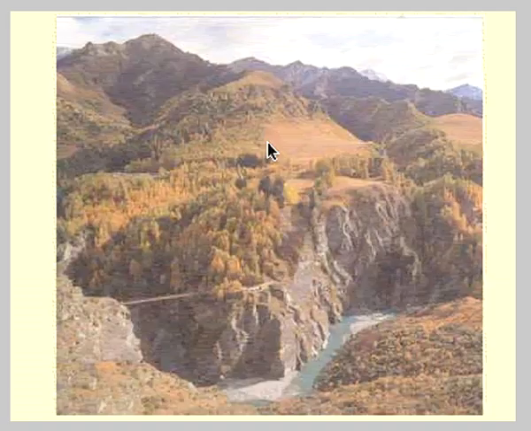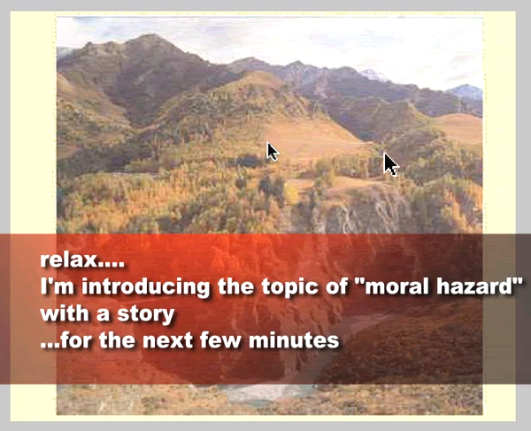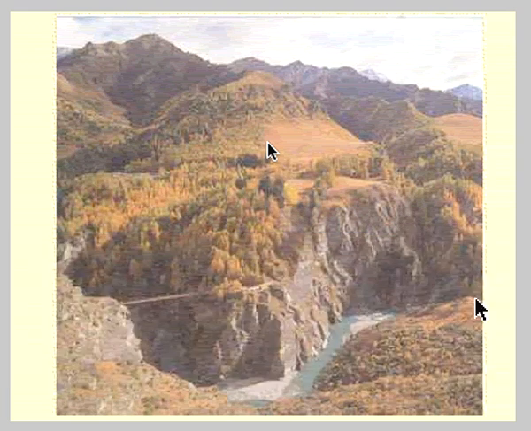Now, I want to introduce another concept called moral hazard. Before I do this, I'm going to show you this neat little photograph. This photograph is of Skipper's Canyon. I don't know if you've ever been to Skipper's Canyon. It's down by Coronet Peak. And as you go up to Coronet Peak, you can turn left and go up to Shotover River, which is really majestic, but the road is the road from hell.